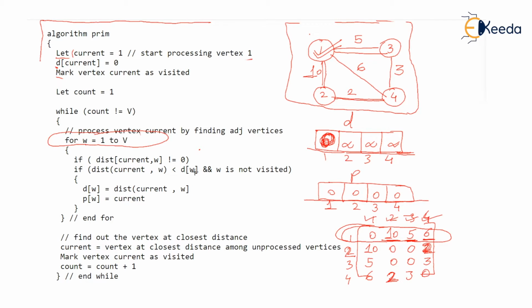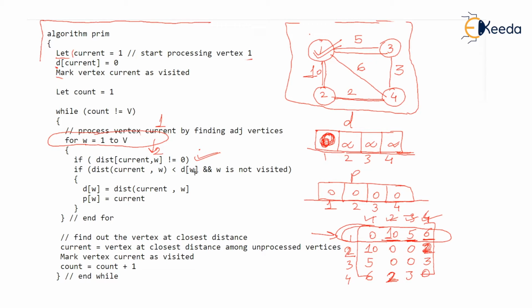And what is the row number? Come on, the row number is 1. That is current. So every time we are going to check the current row and W column. Current row means it is the first row, and W column means W is going each time from 1, 2, 3, 4. So if you run the for loop, you will see three neighbors, isn't it? The first time W for which this condition, the one I am ticking, will be true is when W is 2.